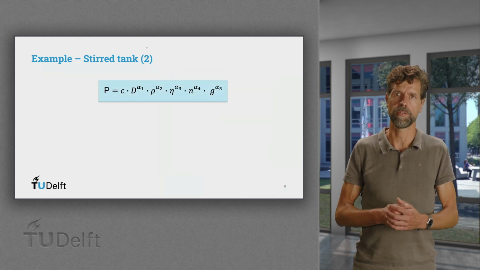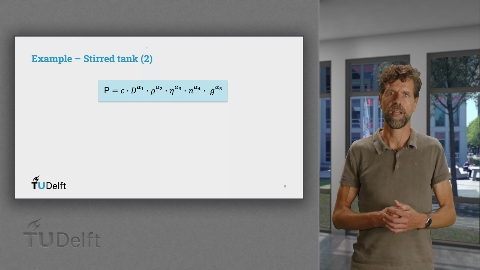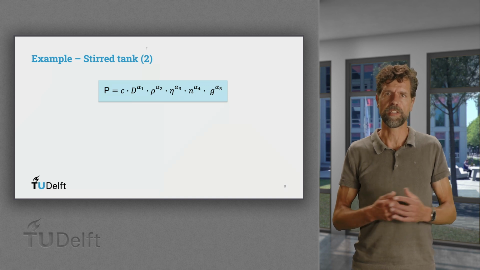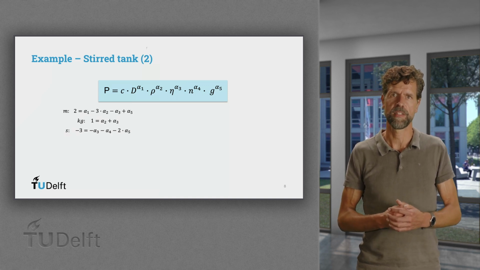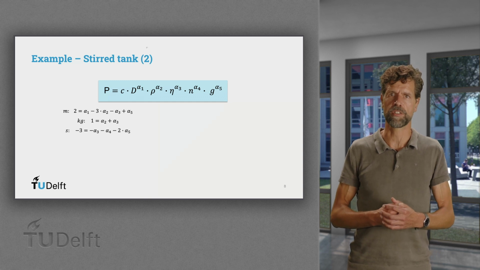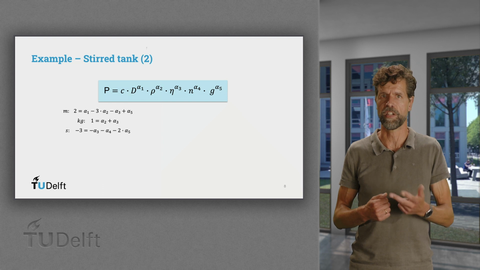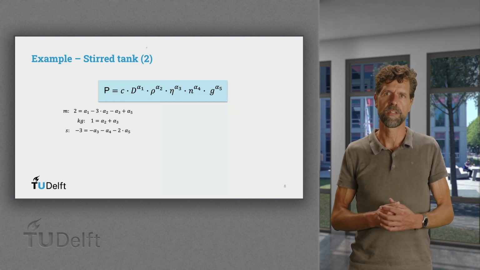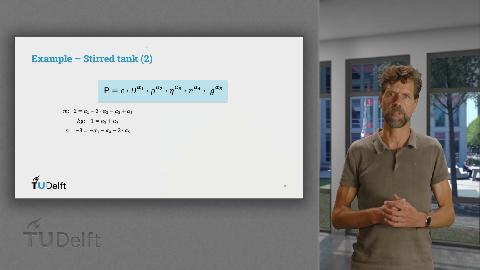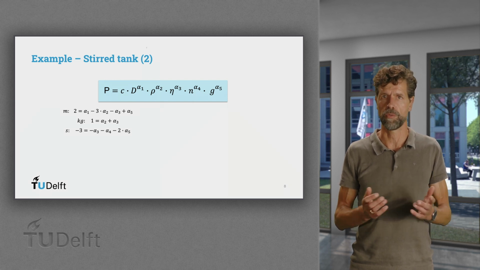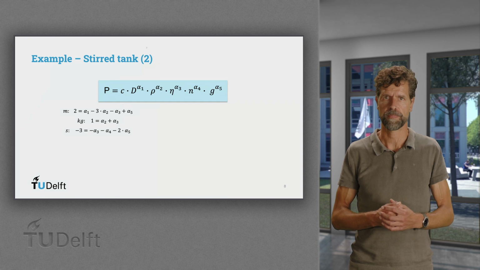Step 2 now yields an expression of the power input as a power function of the other 5 quantities, with 5 power coefficients. Then step 3 follows, in which we find that the 6 quantities have units that form combinations of the 3 basic units of length, mass and time. At this point, let's make a small sidestep to the Buckingham Pi theorem that tells us that there then must be 6 minus 3, so 3 dimensionless groups.